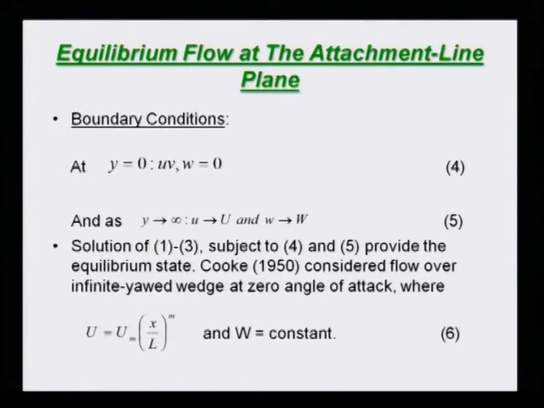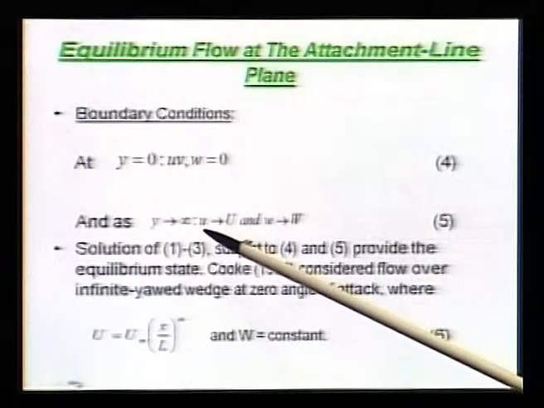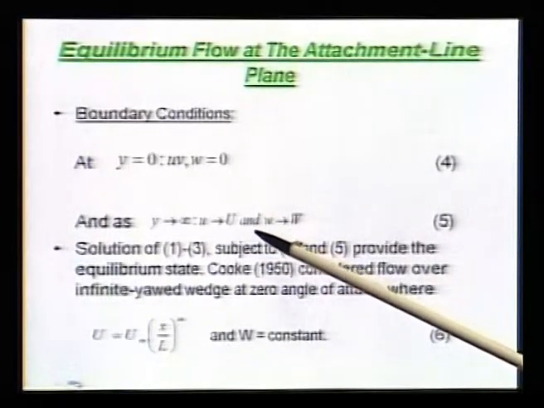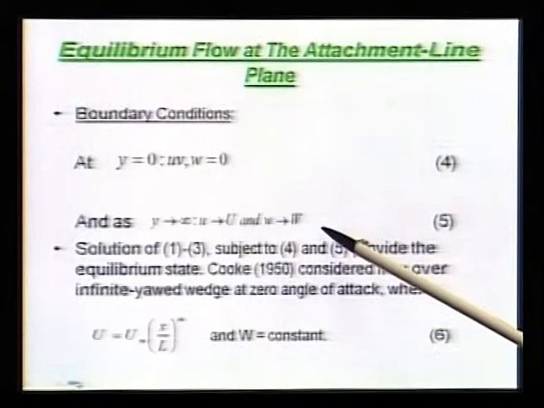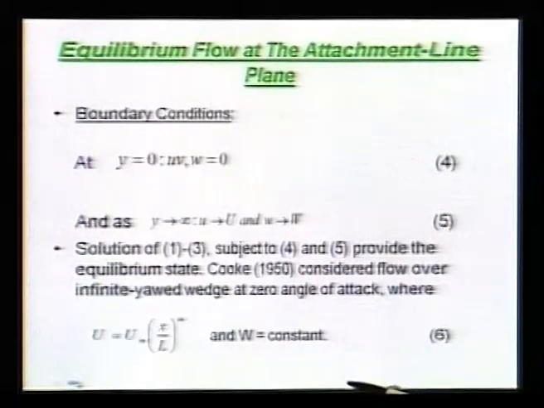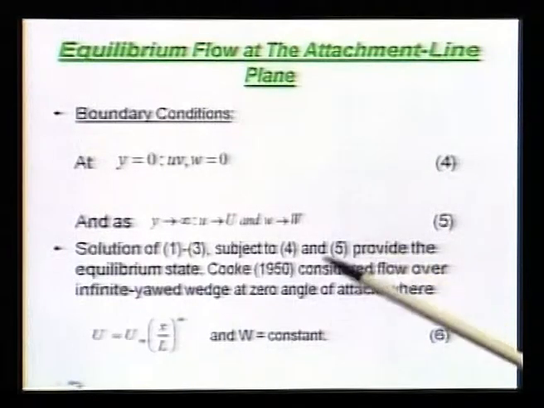Oh, before you do that, note down the boundary condition. At the wall, all the 3 velocity components are 0, and when you go far away from the wall outside the shear layer, u would approach capital U and w will approach capital W, right. And now if I try to solve those two momentum and the continuity equations subject to these two boundary conditions to get the equilibrium state,